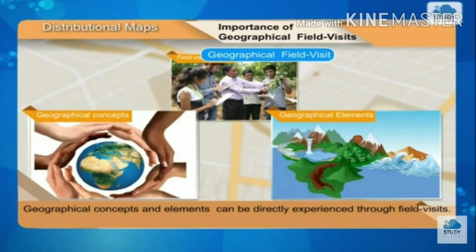Preparation for field visit. Before going to field visit, decide the place and the purpose of visit. The elements which will be observed in the field visit should be decided earlier. Study the location map and the route map of the place to be visited. Distance, transport route, means of transport, and duration of field visit should be planned ahead. With the help of teachers, students should prepare a questionnaire.